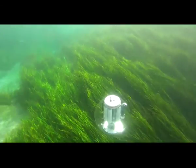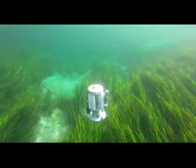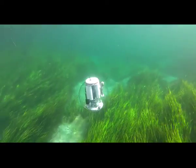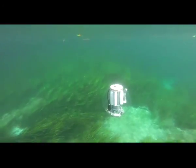Hard at work making autonomous drifters that let scientists measure water quality better. Our HydroSphere measures continuously as it drifts freely with water currents for days at a time. While it's below the water surface,